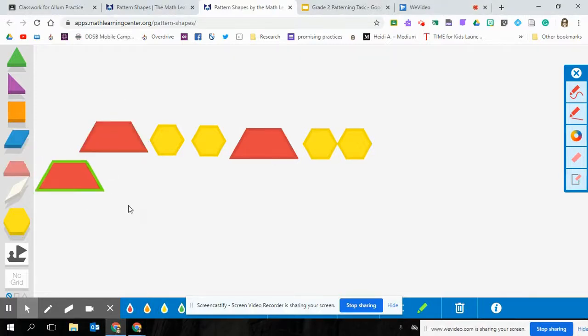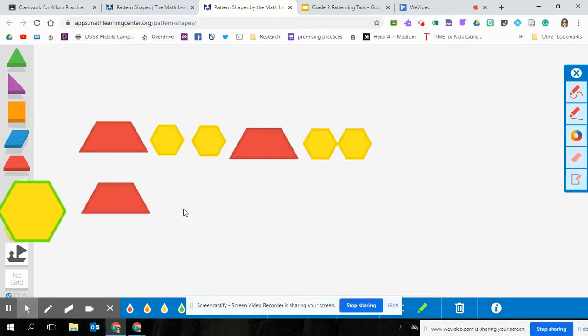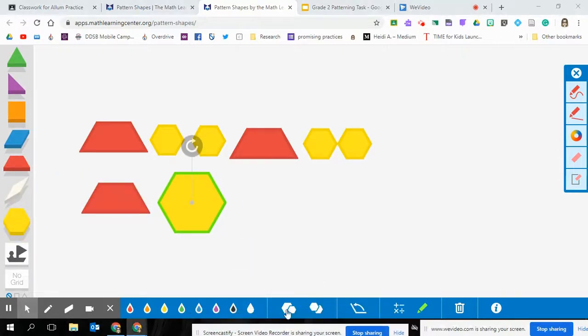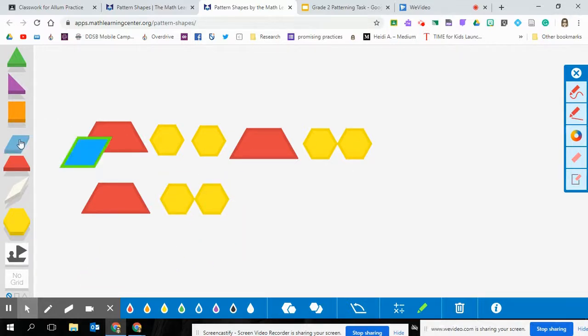So my repeating pattern is trapezoid, hexagon, and I'm going to shrink it, and hexagon. And the two attributes that I am using here are the two different pattern blocks. So I have two different shapes, but I also have two different colors. So they can explain their thinking here. They can add to their pattern. They can start over and redesign a new one, whatever it is that you want them to do with their